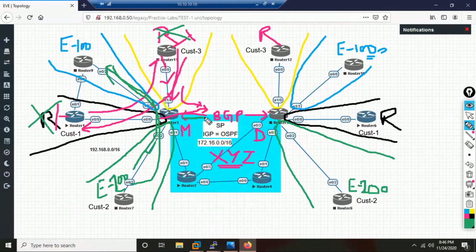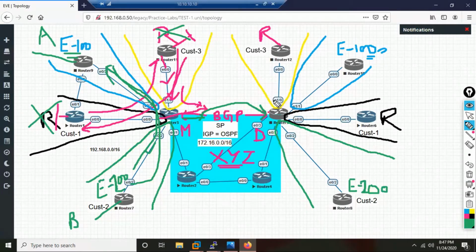All these routes will become part of BGP and they will land on R5 as BGP routes now. What type of route? IBGP route. The only difference will be that the origin code will become a question mark, right? Because anything you redistribute into BGP, the redistributed routes' origin code is incomplete, question mark. When all these routes of EIGRP 100 and all these routes of EIGRP 200 land, suppose network A is there in EIGRP 100, and let's assume in EIGRP 200 network B is there.